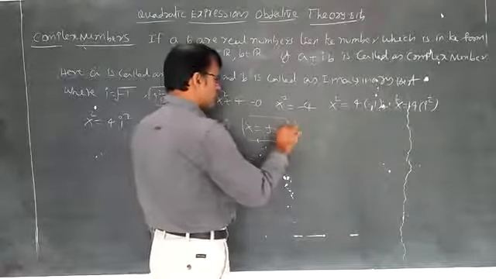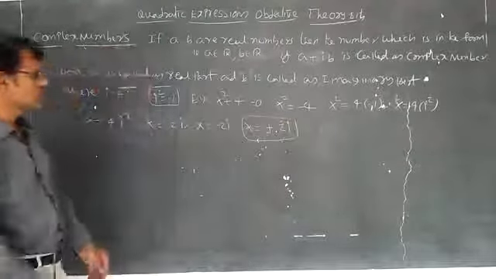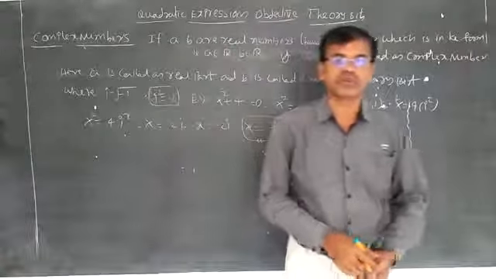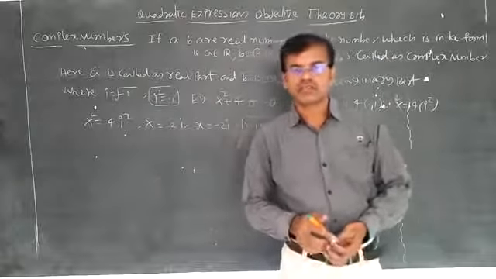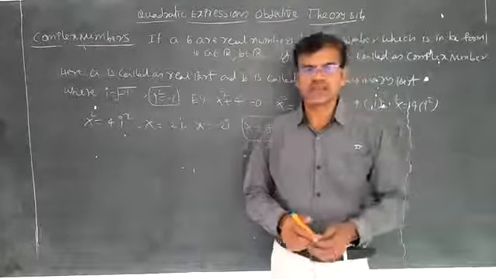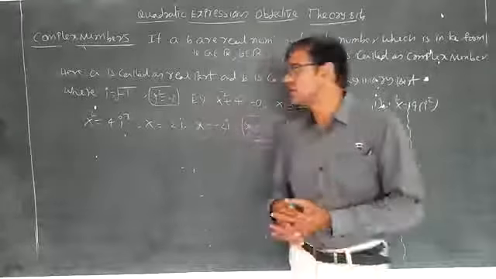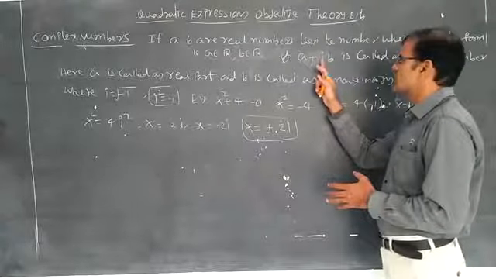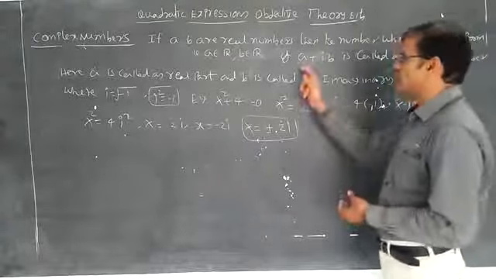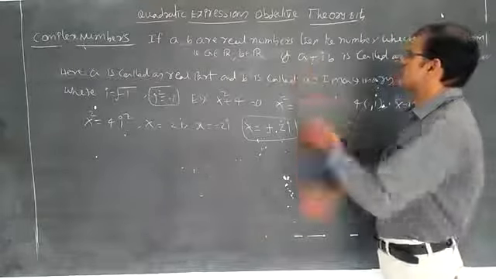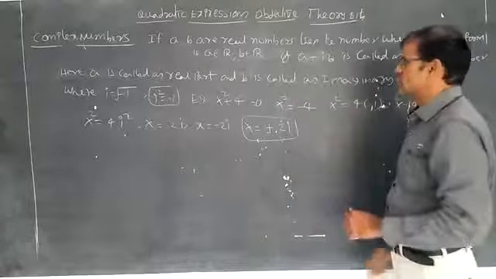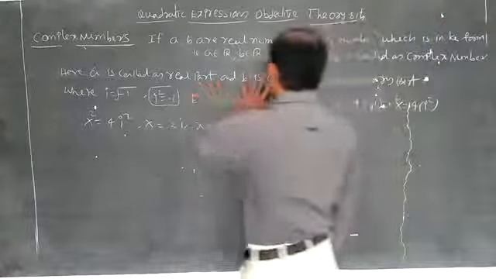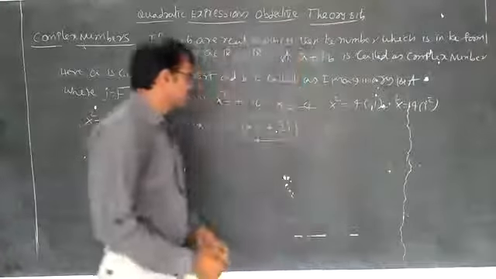Hereafter you should try to understand that i square is equal to minus 1, i is imaginary. For negative numbers also a square root is there, but it is not real, it is called imaginary. Simply we are imagining the value. The imagination part is called the imaginary part, and the part which is not imaginary is called the real part. So here a is the real part, b is the imaginary part.